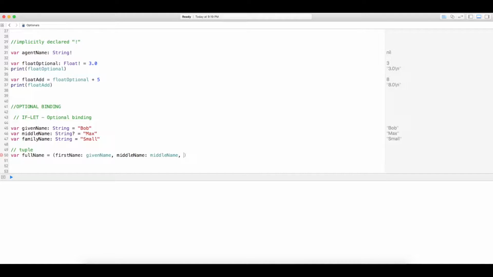I can't think of anything better than that, so it's not a problem. It's just a label that happens to equal the same name as the variable. All right, and then last name is family name. Okay, so I want to show with just an if statement